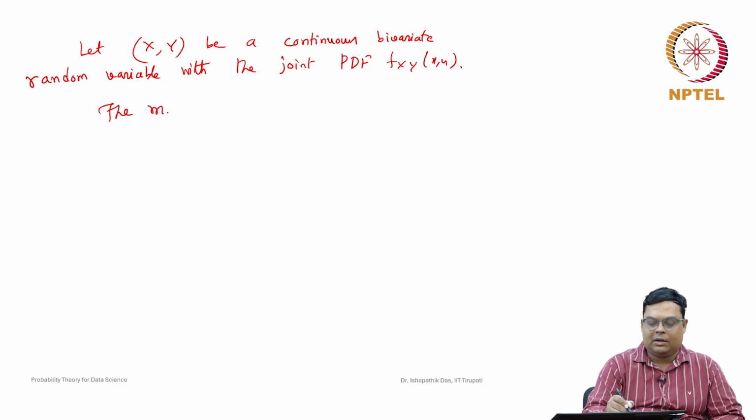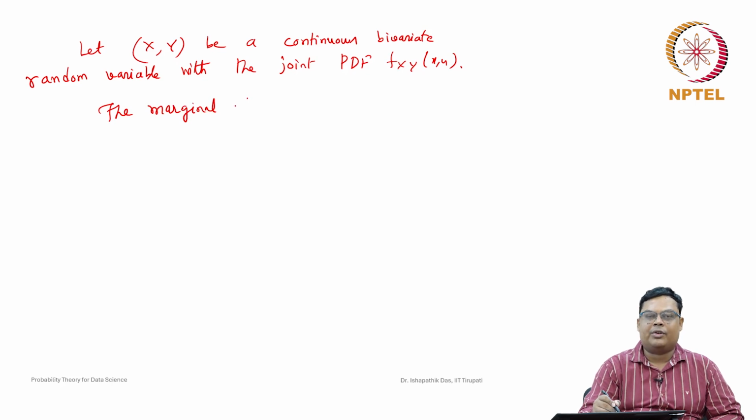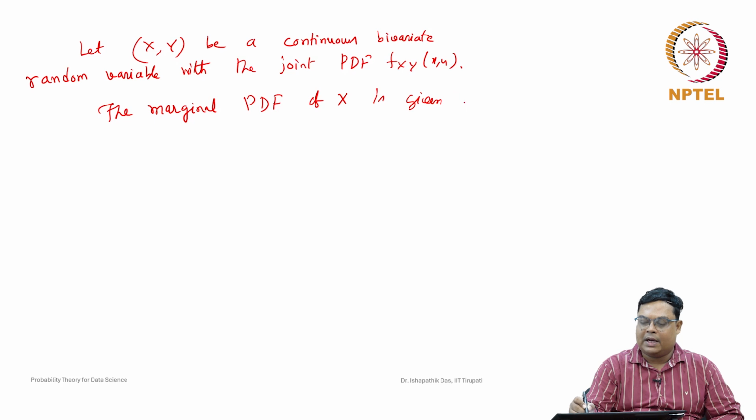The marginal probability density function is what we want to find, because X and Y are continuous random variables. In the case of a discrete random variable, we already discussed how to find the probability mass function. So, the marginal probability density function of X is given by,